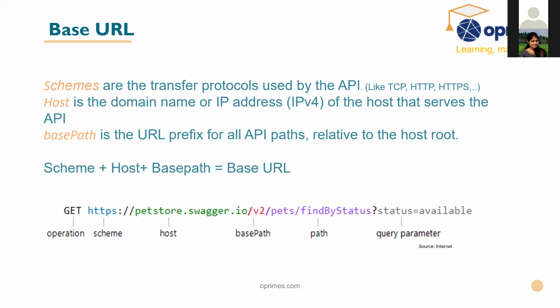Coming to the host part, this is the place where the server is hosted, and we refer to it using an IP address. Basically, you must have seen an IP address like 172.33.33 something. There are four parts to an IP address. So host is nothing but this IP address. For readability, we convert it according to the organization. Say Swagger. So here petstore.swagger.io is the host in this example.